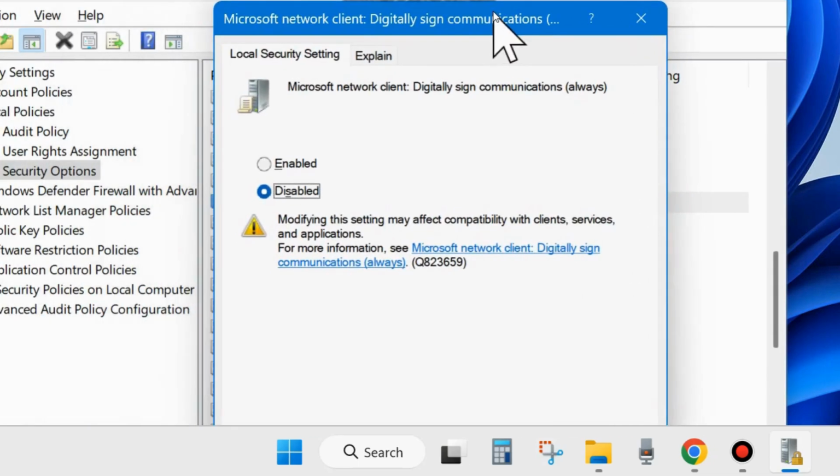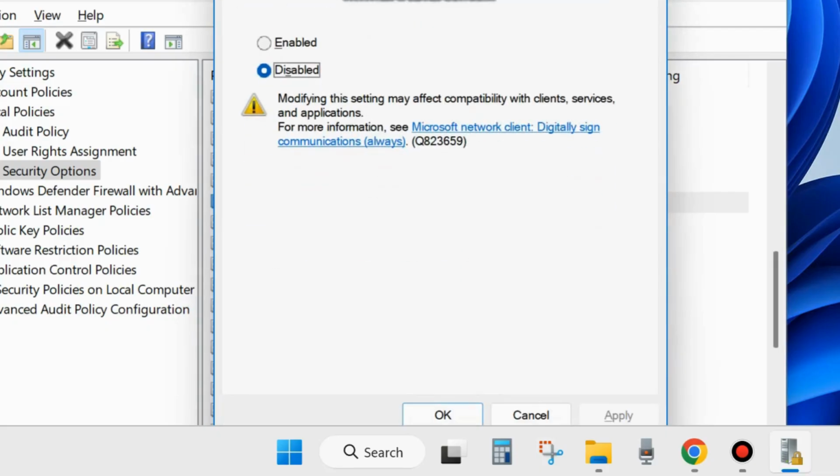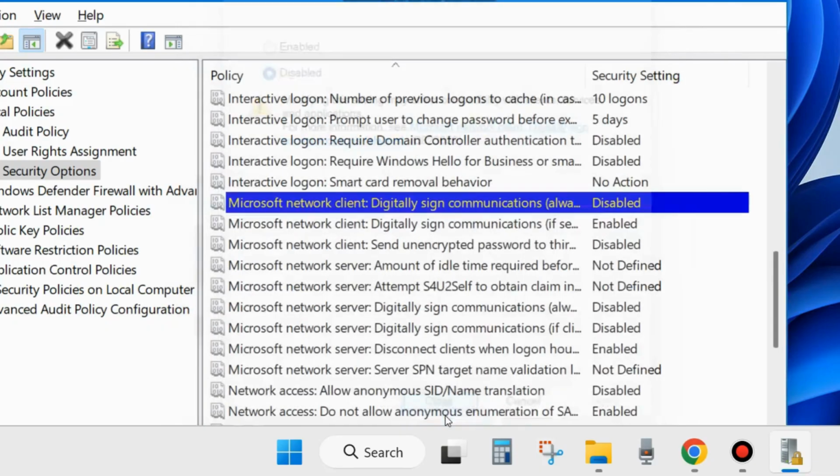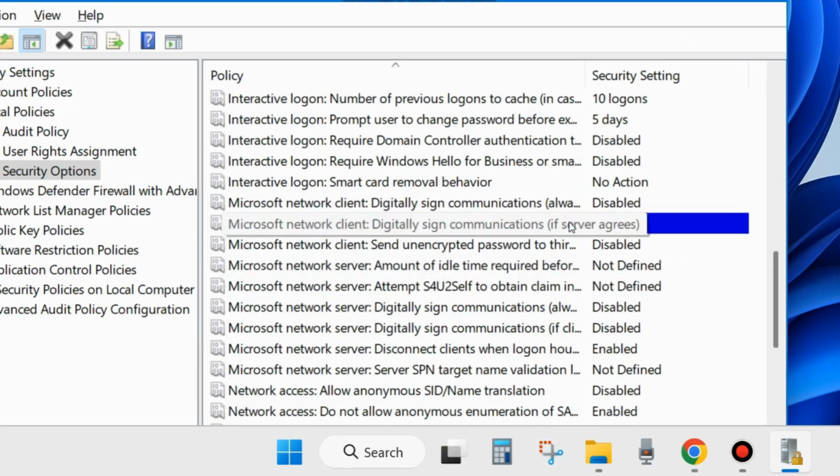Double click on it to open its properties and make sure that it is in disabled mode. Disable this. Make the check against the option Disabled and choose Apply and OK to save the changes. The same process will be applied for the next option, Digitally sign communications (if server agrees). Double click on it to open its properties